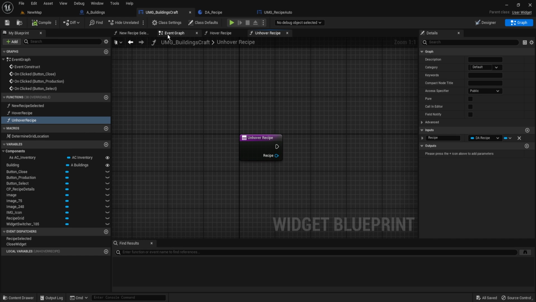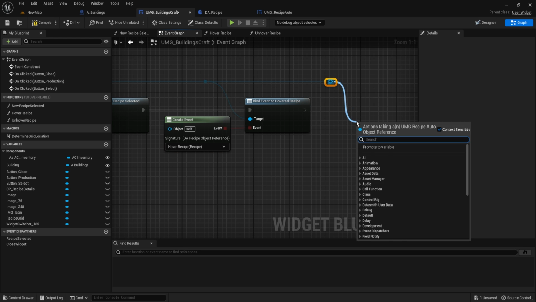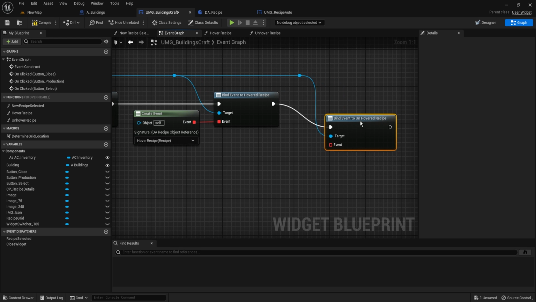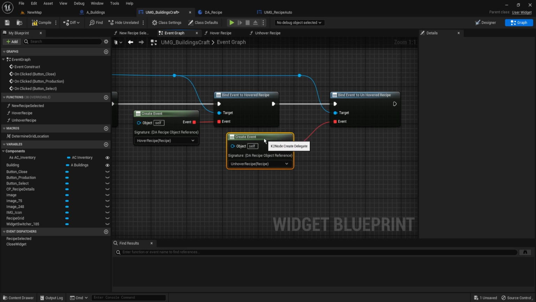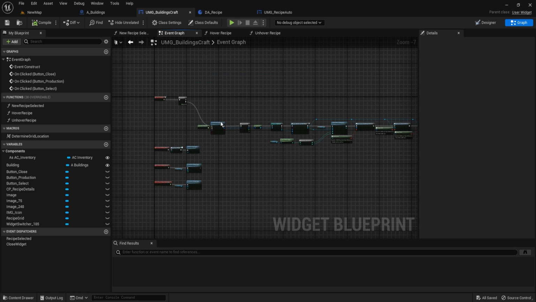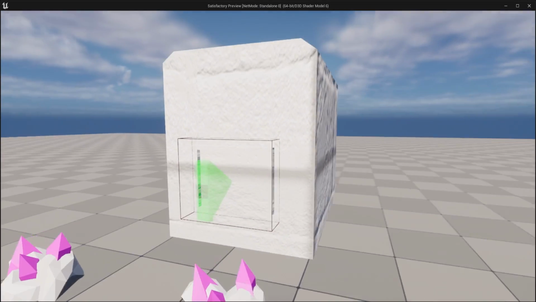Compile and save. And back in our event graph, we need to do the same thing. So reroute again, and this time for unhover. Bind unhover event. And we can just copy this and just change it to unhover. There we go. So with this, normally, if we go and play, and we go and interact with our actual